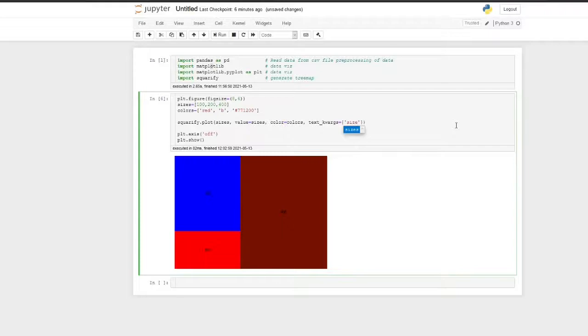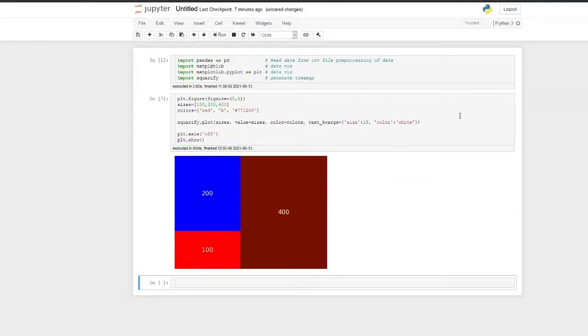So I will improve the size, I will assign it as 18, and then color. Okay, it is a dictionary, so I have to give it within single quotes. Color is white.